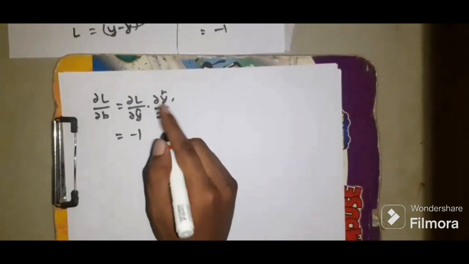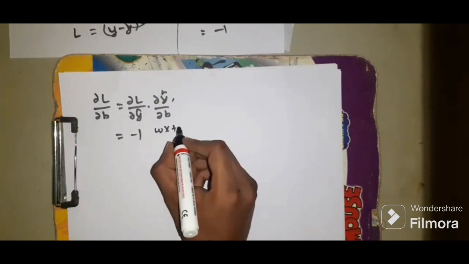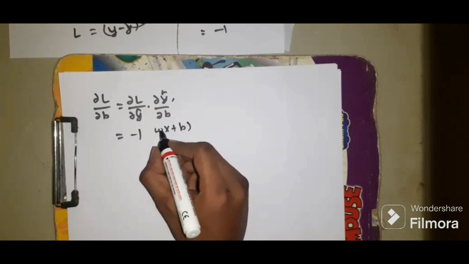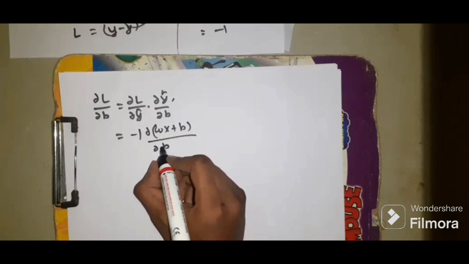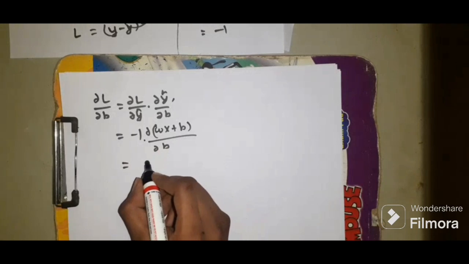The y hat is wx plus b, and we have to take out the derivative of this, and we will get